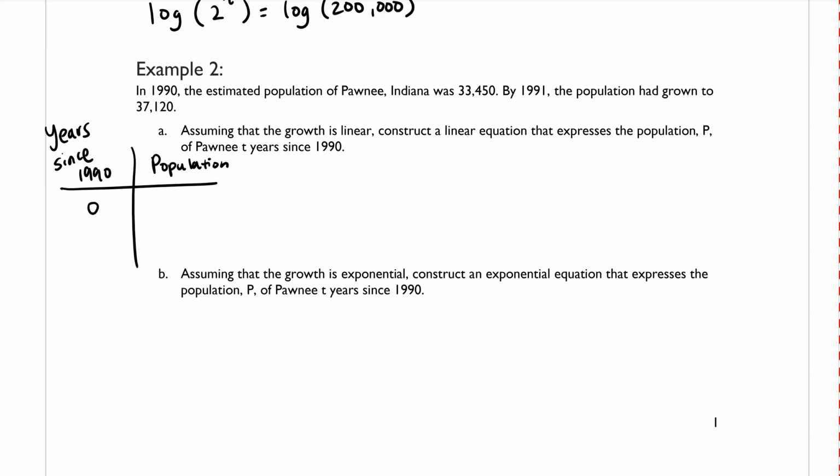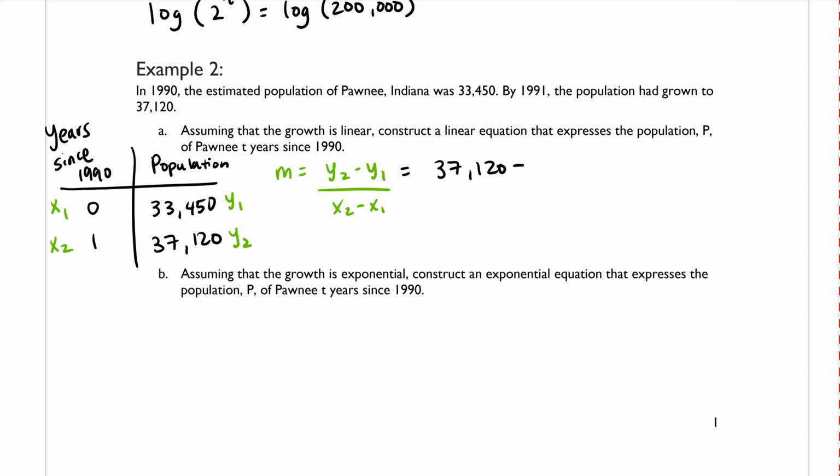We know that in 1990, there was a population of 33,450, and the following year, the population was 37,120. Now, if we are assuming that this is linear, then we can use the slope formula that says m equals y2 minus y1 over x2 minus x1. So I'm going to call this one x1, this one x2, this one y1, and this one y2. So if I plug those values into my formula, then I get